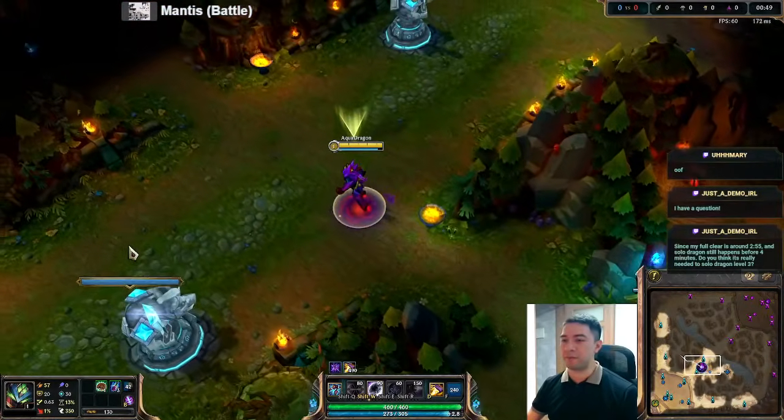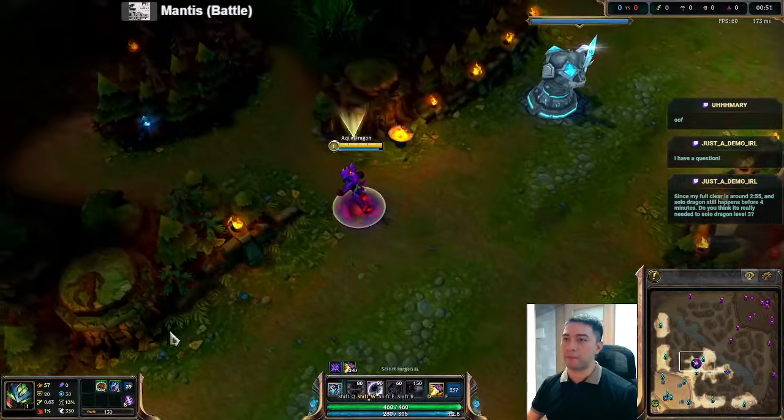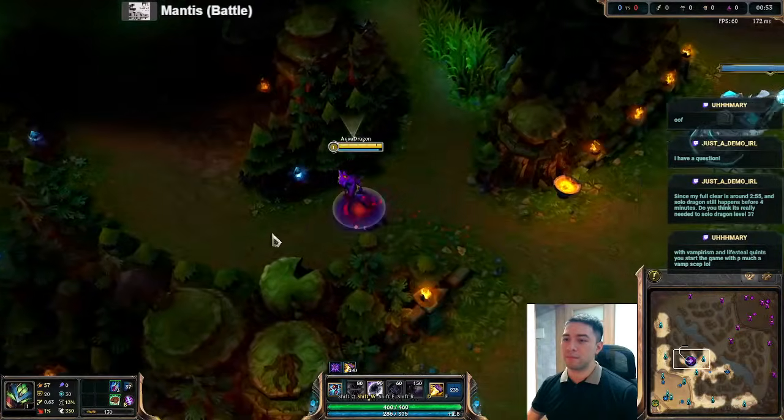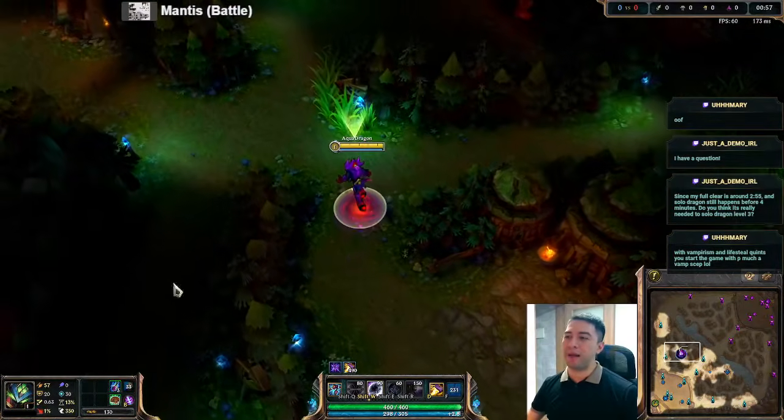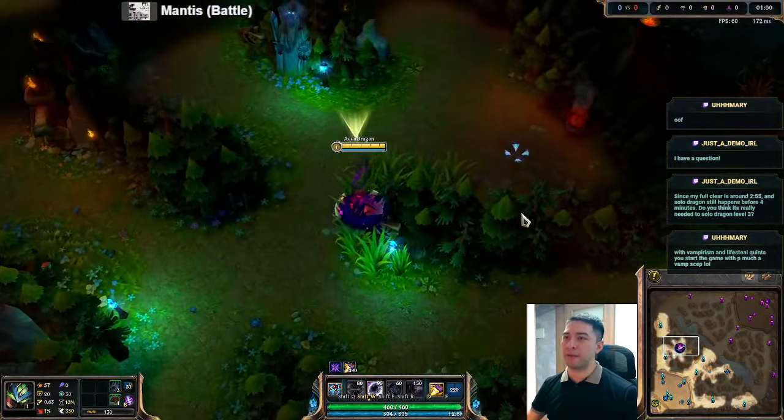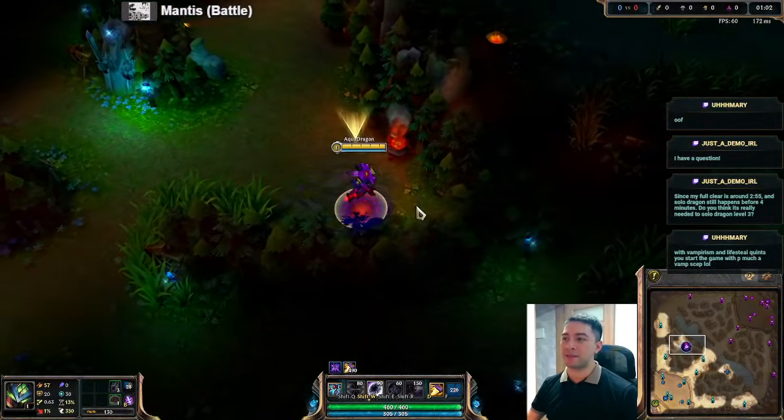Huh, it always spawns in front of you. That's funny. Okay. I do have 6% lifesteal. That's kind of funny. Let's see what happens, because right now the thing that's slowing down the blue buff is that I am